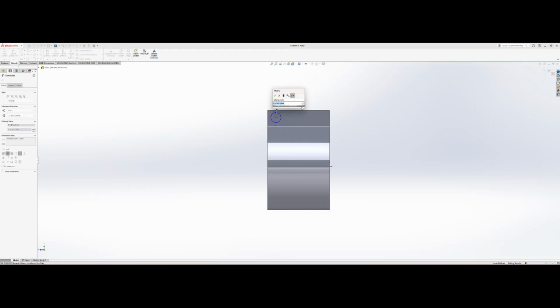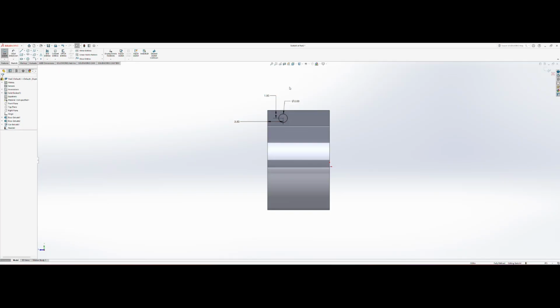I want it to be 2 inches, and I want it to be a distance from the center to here at 3.5 inches, and I want it to be at a distance of 1.8. It's black, so it's well defined. Can go ahead and make a cut